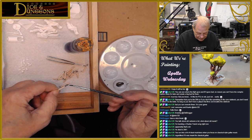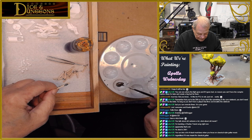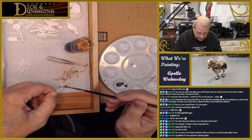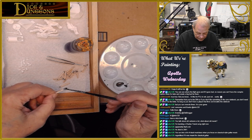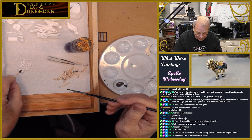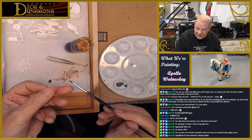So here it is. This is relaxing painting happening right here on the relaxing painting, the Dyson Dungeons stream. Where it was white before, like these, and now